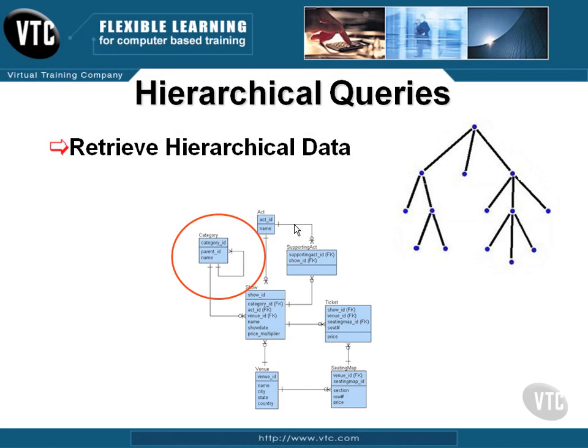Hierarchical queries. Hierarchical queries are intended to pull data from hierarchical structures, such as the category table. If you can remember from the category data, it has parents assigned to specific categories. In the example sections for this chapter on hierarchical queries, we'll create something a little bit more interesting,